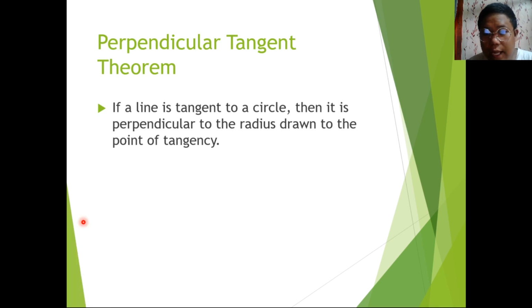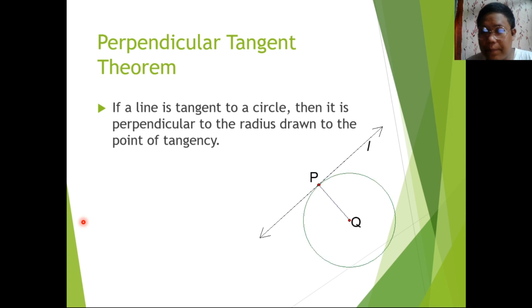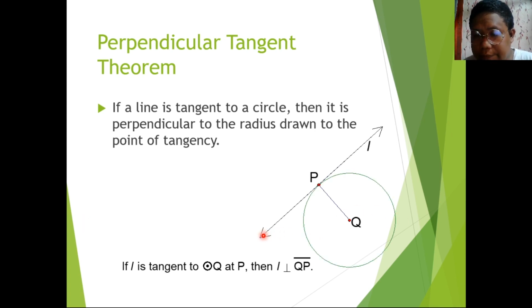So, mao ni siya ang illustration sa perpendicular tangent theorem. So, this is a line I. Then, ang line I is a line, specifically the line, and it is a tangent because ang tangent passes through the one point of the circle. So, nakaingon ta nga, tangent ni ang line I kay because it passes through the point of the circle, specifically